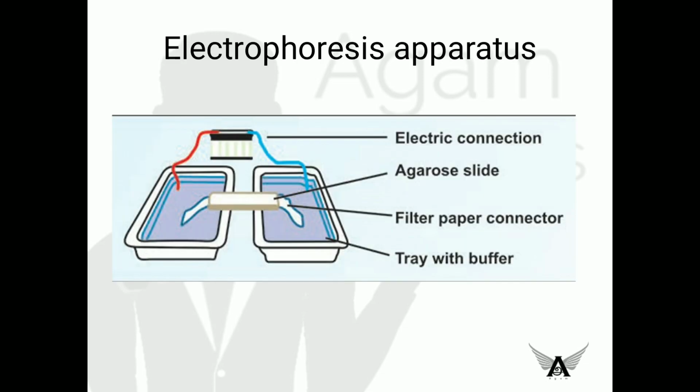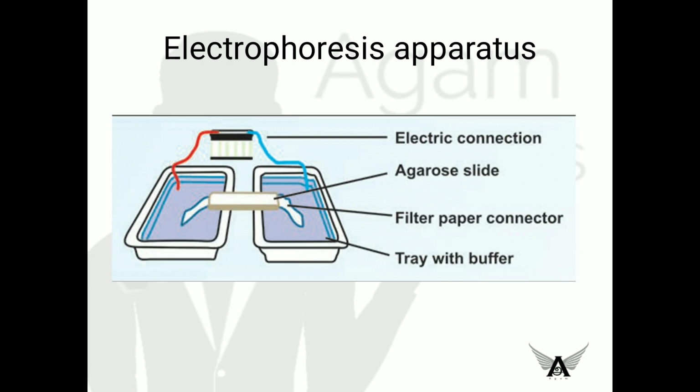It consists of the electrophoresis tank, which holds the buffer and is fitted with electrodes, as well as a power pack which supplies the electric current at constant voltage. Serum proteins are separated at a pH of 8.6 using a buffer. The buffer is normally a Barbitone buffer. And we use either agarose gel or filter paper as the supporting medium.